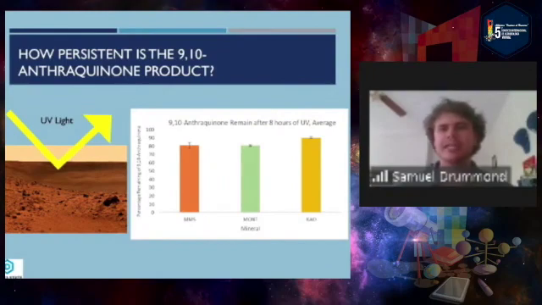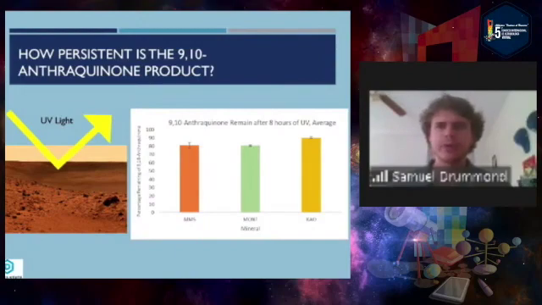For 8 hours, we averaged out UVA, B, and C, and we saw pretty much consistent retention of the anthraquinone no matter what wavelength was used. And for all of these, we saw more than 80% remaining after virtually a day of intense sunlight. So then from here, we thought, okay, well, if we see this much, then eventually we'll obliterate it. So we went out all the way up to 3 days, and we were still seeing virtually the same amount left over,